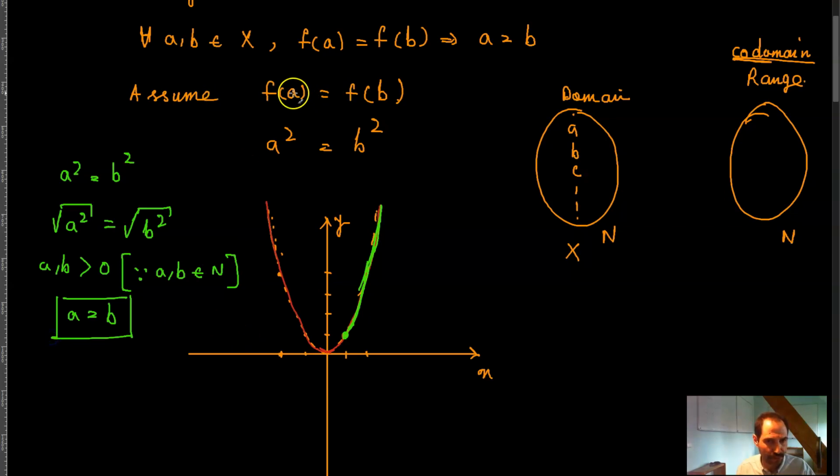So now you have assumed that f of a is equal to f of b, and you've gotten a is equal to b, which means that f is injective. F is injective, right? So that is how you solve this problem,